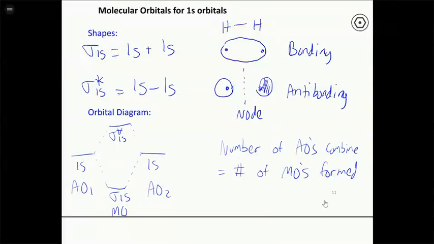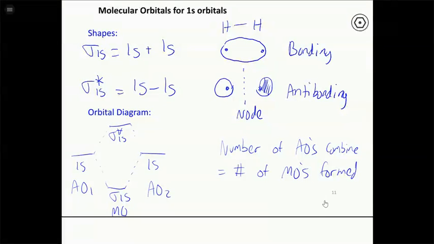And so the idea here is that when we have molecular orbitals, we can think of how many electrons are in our molecule, and then we fill these orbitals from lowest energy to highest energy, just like we do when we're filling atomic orbitals. So we figure out the ordering of the orbitals from lowest to highest, and then we just add the electrons in until we've added all the electrons that we have. And so when you're just mixing two 1s orbitals, it's a very simple picture where you have a sigma and a sigma star orbital being formed.